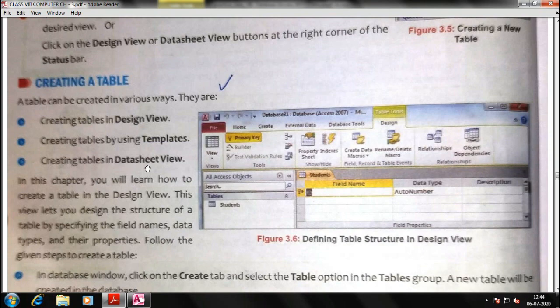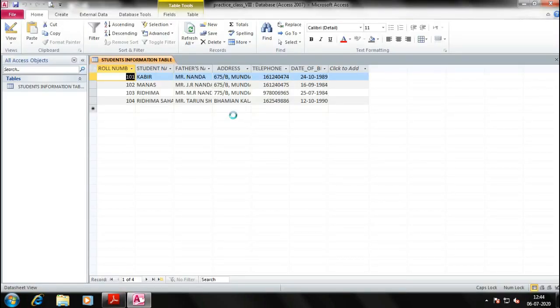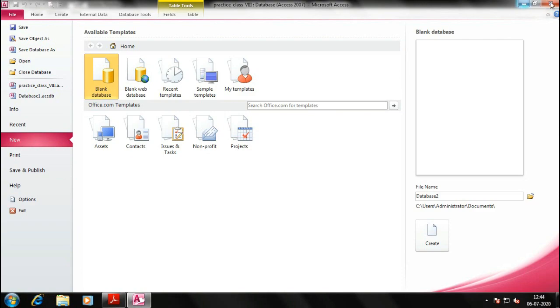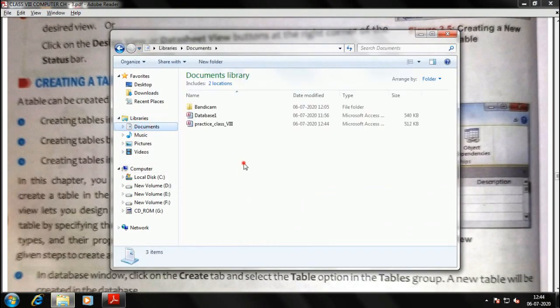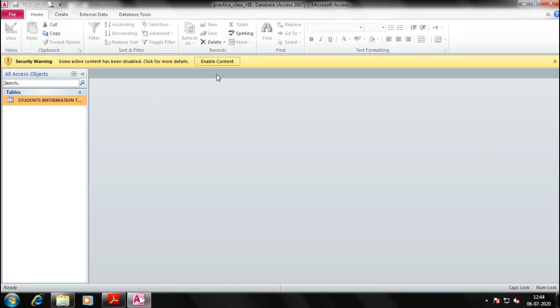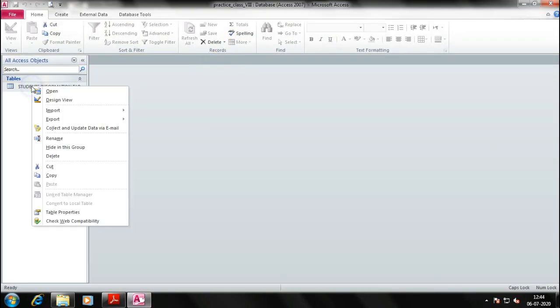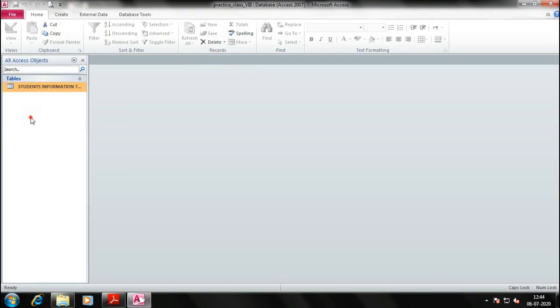Creating tables in datasheet view. Let me save it and we'll create a new table here, right? Documents, this one there, enable content, right? So let us open it.